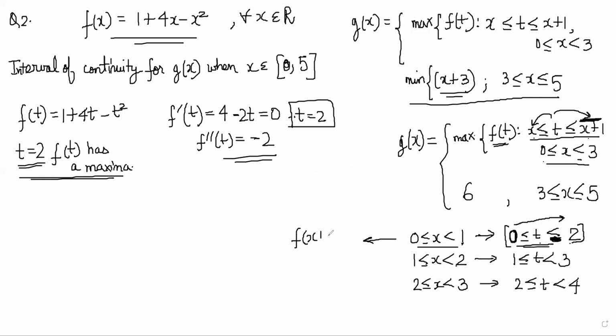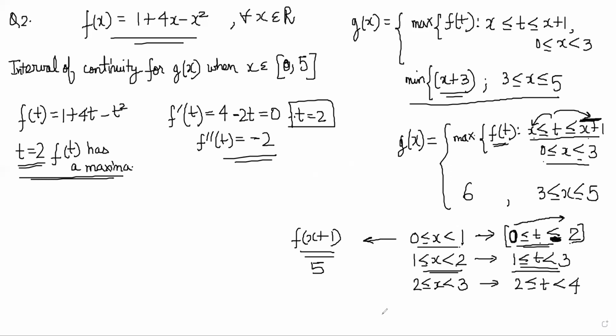I can say it is f of x plus 1 here, because t has to be at the upper limit here. That time it becomes maximum. When x is between 0 to 1, t's maximum will happen when you replace x with x plus 1, right? Yeah. So you can say that this is f of x plus 1, and in this range, the value will be whatever comes when you put 2. So it will be 8 minus 4 plus 1, 5, right? In this range, it will be 5. Correct?